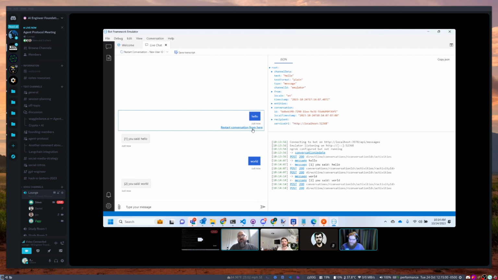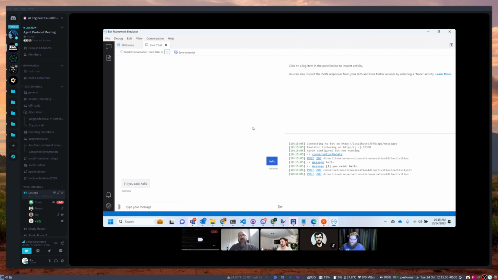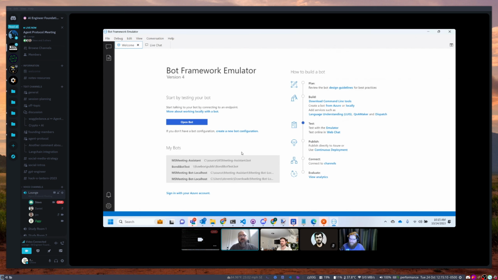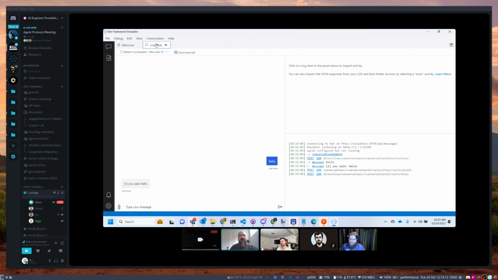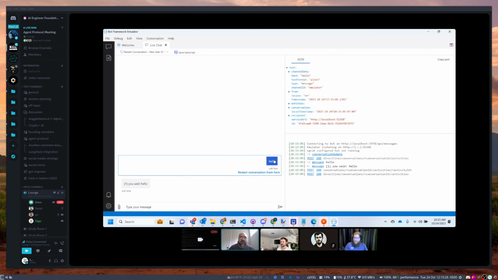Yeah, so it has some other features here. If the bot is aware, and I don't believe this one is, you can start a new conversation from a particular point in time. Actually, it sends a command over to the bot telling it where it wants to roll back to, state-wise, time-wise. So it's basically like you could time travel back.